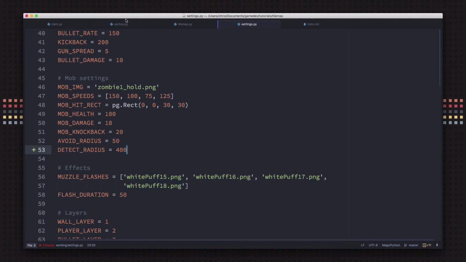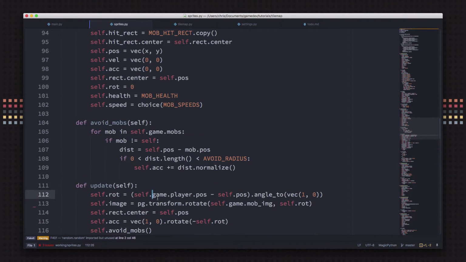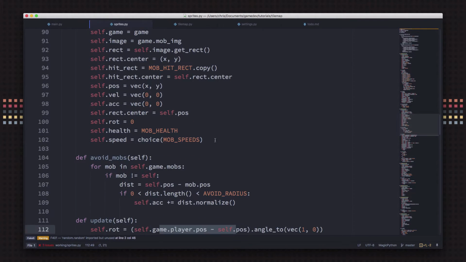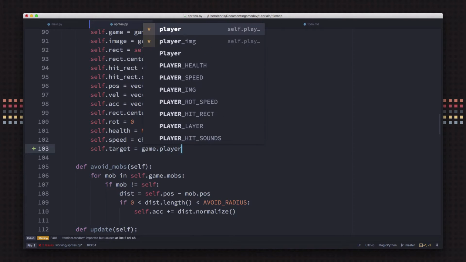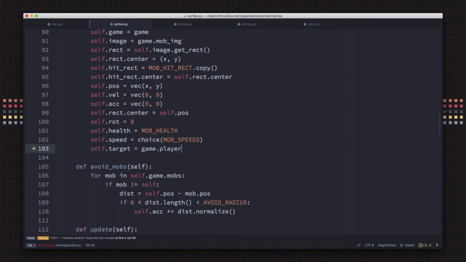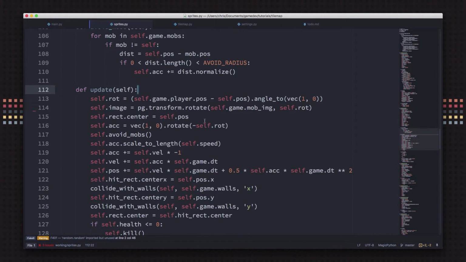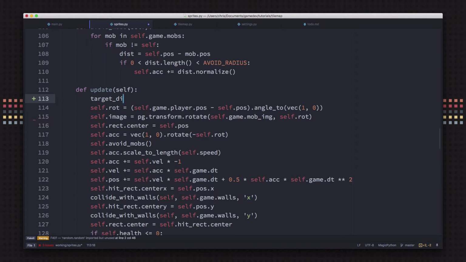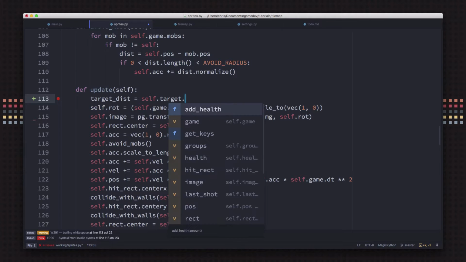So all we need to do is, now that we have that value, go over here to our mob, and here we're calculating how far away we are. So we're going to make this a little more flexible and a little simplified by just adding a self.target. And that's just going to be the player. Okay, so our mob's target is the player. And then we're going to go down here, and in our update, instead of calculating the distance in the rotation calculation, we're going to do it separately. So the target, we'll just say dist for short. The target distance is the target position